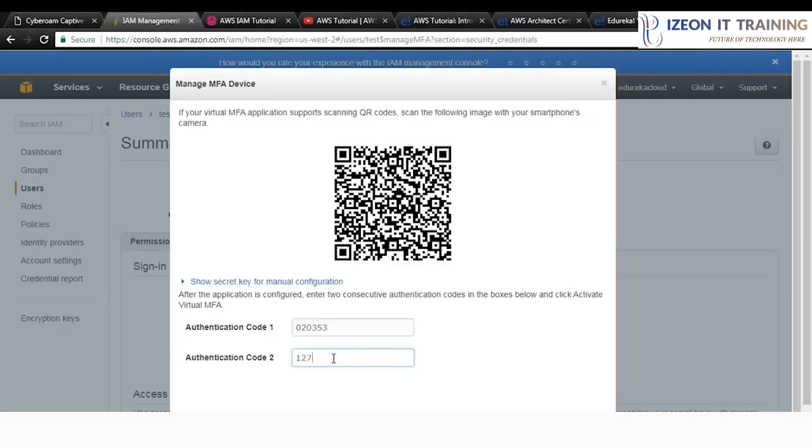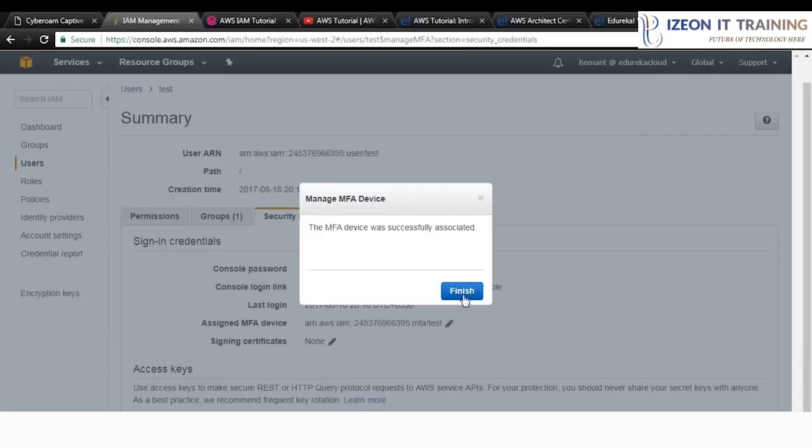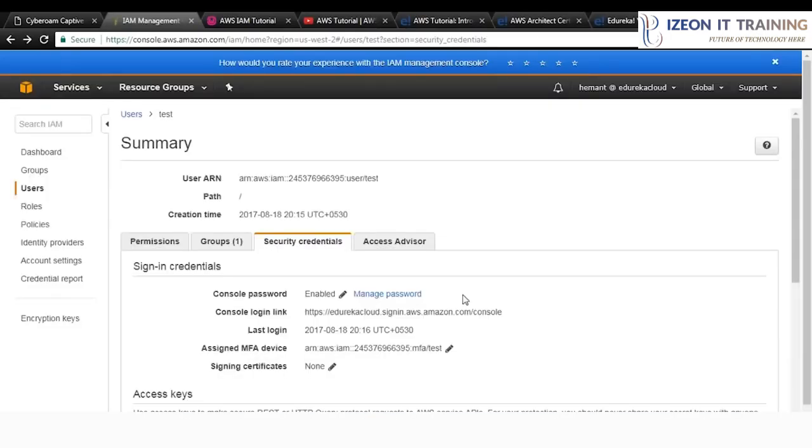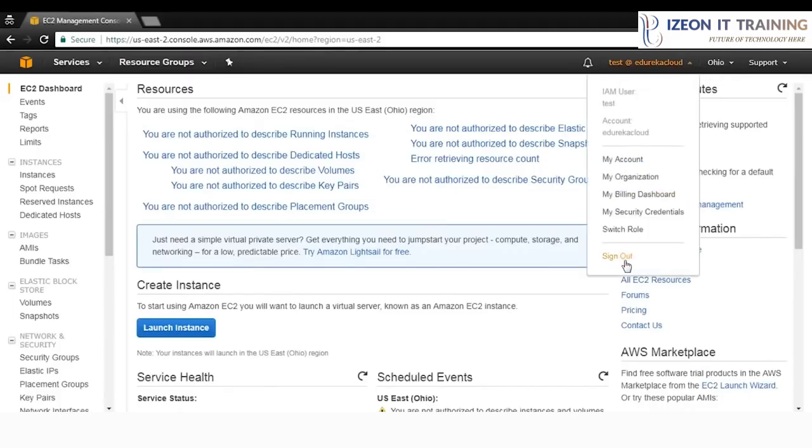So it's 127891, and that is it, guys. Now I'll click on activate virtual MFA, and it says the MFA device was successfully associated. So I'll click on finish, and that is it, guys. You're done. Right, so now if I log out from my test account, from here, right? This is my test account. So if I log out from here right now,